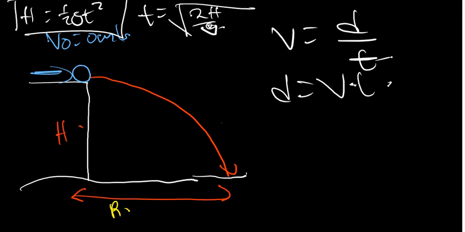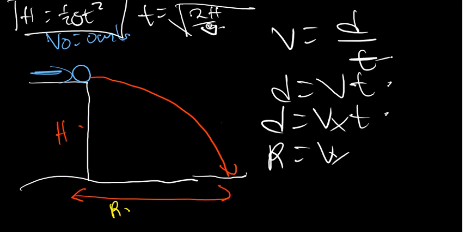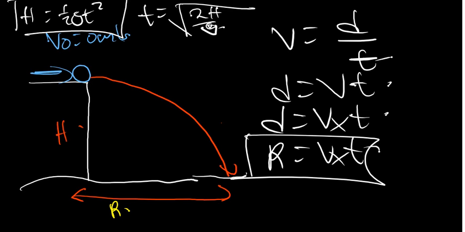But we need to specify which v we are talking about. We're talking about the vx, the velocity in x direction. So we're going to say that d is going to be equal to vx times t. This d is basically the range, so I'm going to replace d with r. So this is going to be the formula which is going to help us to find the what? To find